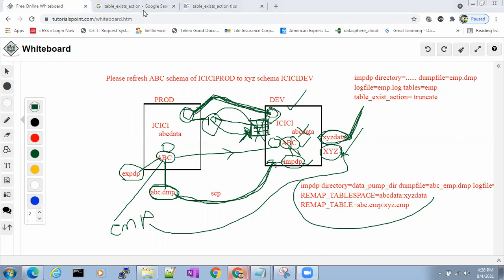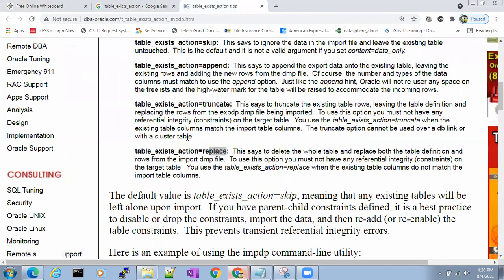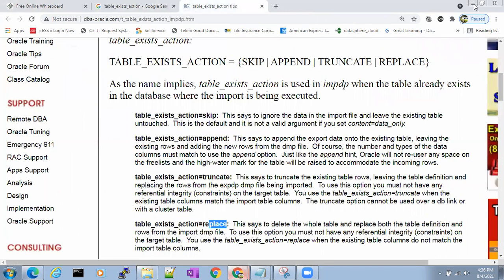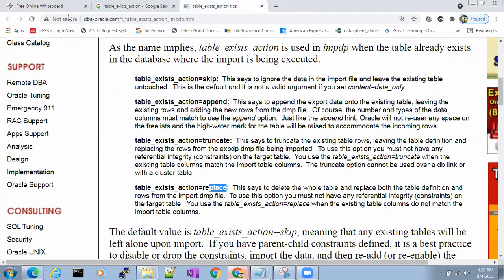So this is a very important interview question. How will the interview question come? I'll tell you. Interview questions will always be scenario based.